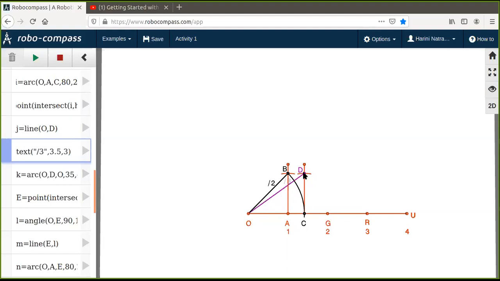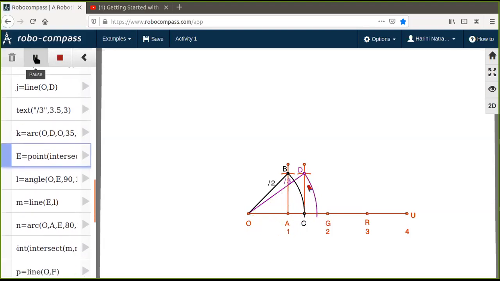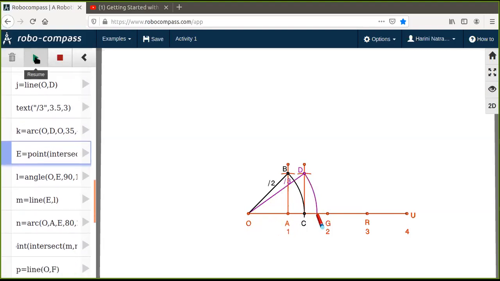So if I take this length OD in my compass and bring it down to the number line, wherever it intersects the number line, that will become your point root 3 on the number line. So we will see how it's marking it there. You can see it is taking OD and marking that point there. So that point will be located as root 3 now. So you will continue this process. Now you got a new point there, say you call it E here. Now that E represents your root 3 because your OE and your OD will be of the same length. They are the radii of the same circle. All right. So this OE will represent root 3.